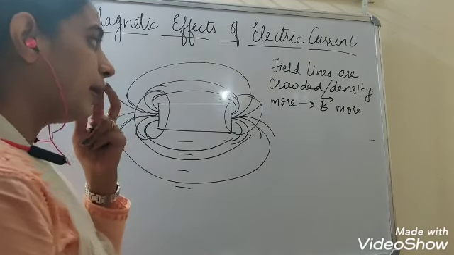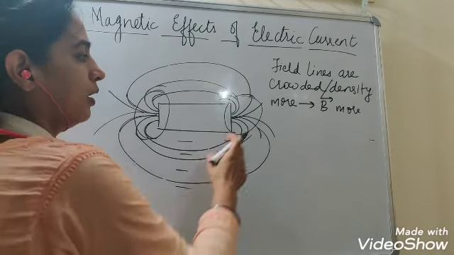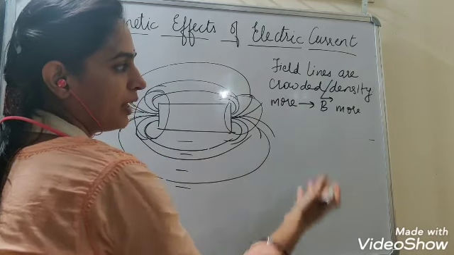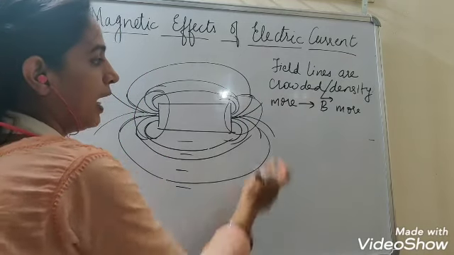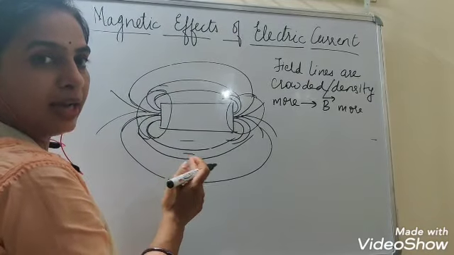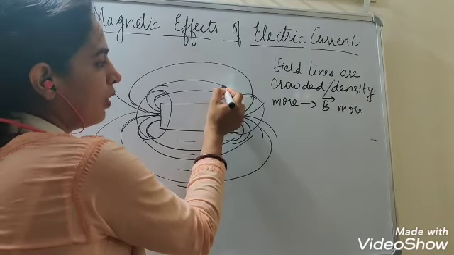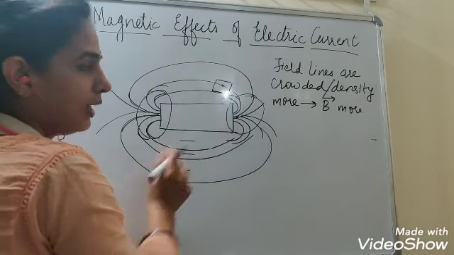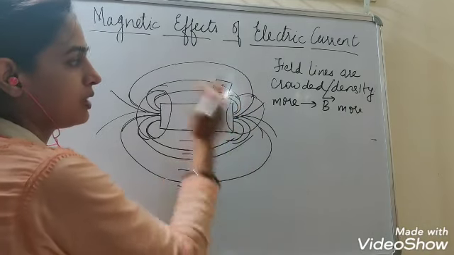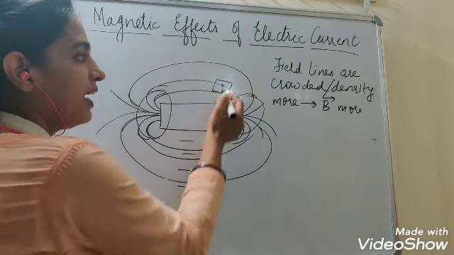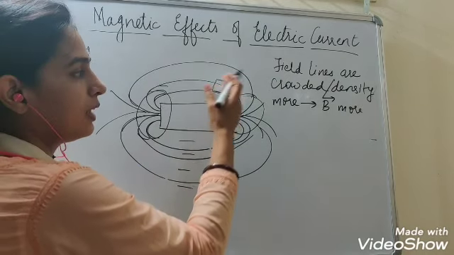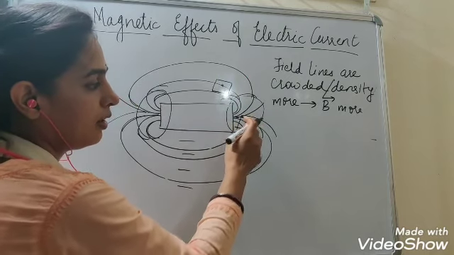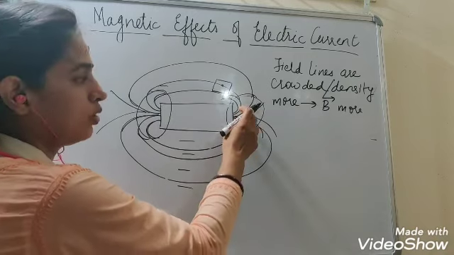Okay. Then magnetic field lines are imaginary lines. That will be the first one. Then the density of the magnetic field lines gives the strength of the magnetic field, and the direction of the magnetic field at any point can be obtained. If I want to know the strength of the magnetic field over here, then I'll take a unit area and see how many field lines are crossing through this. Crossing means passing. If there are few field lines passing through this area, that means the magnetic field strength is less. In the same unit area, if I draw over here, see, here 3 or 4 or more lines are crossing through this area.